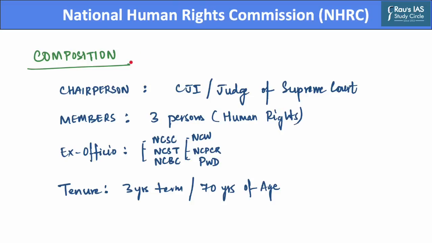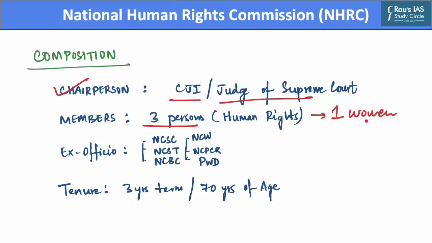Now, the National Human Rights Commission consists of a chairperson who has been a Chief Justice of the Supreme Court or has been a judge of the Supreme Court of our country. Further, the Protection of Human Rights Act provides for appointment of 3 persons who have a knowledge of human rights, and these are appointed as members of the NHRC, and out of these 3 members, 1 member has to